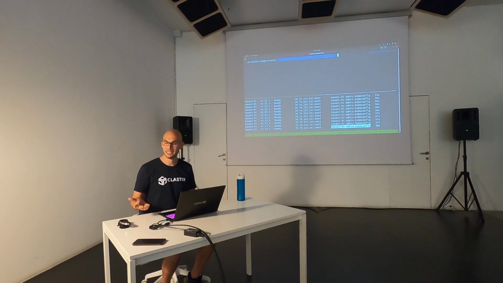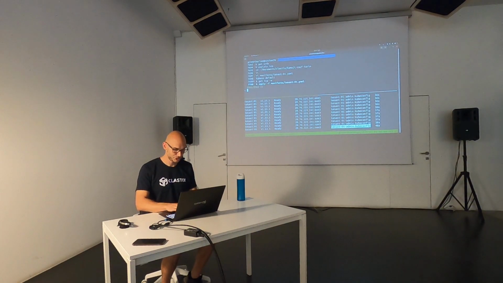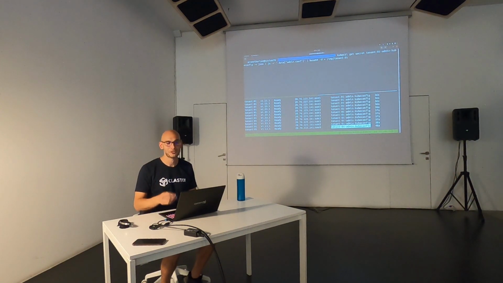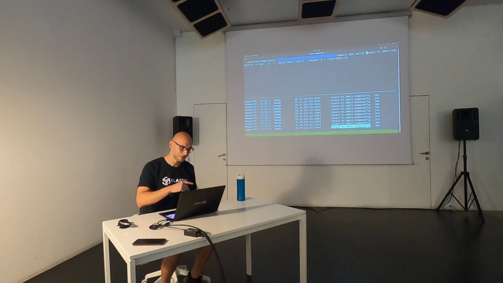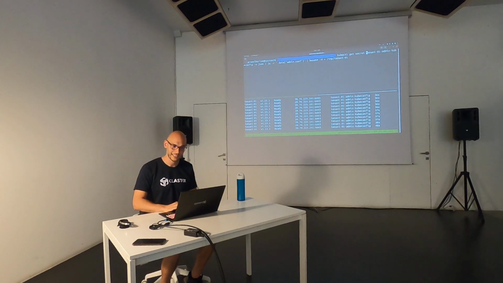So how to retrieve the kubeconfig? Well, we got jq, yeah, this one. I'm getting my secret tenant01 admin kubeconfig in JSON. I don't remember how to output JSON from kubectl, so I'm using jq, reading admin.conf, base64 decoding, and storing it in temp tenant01.